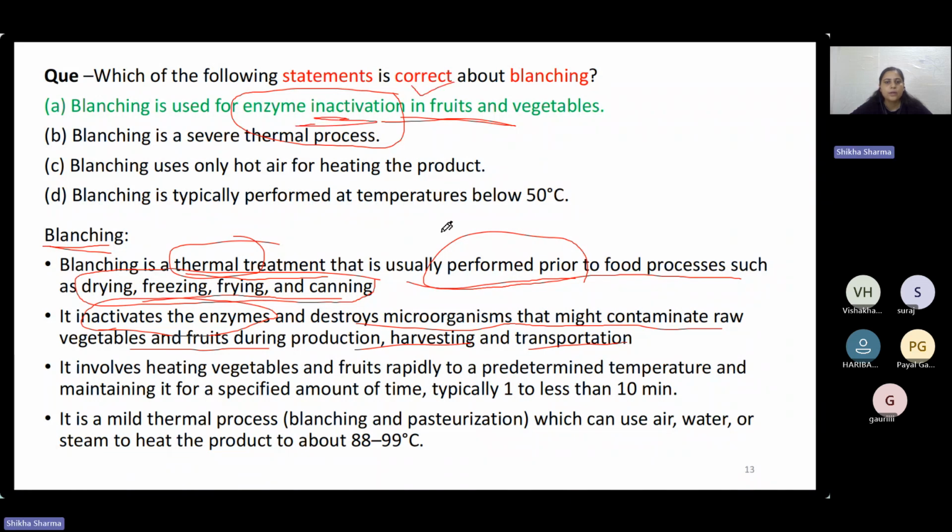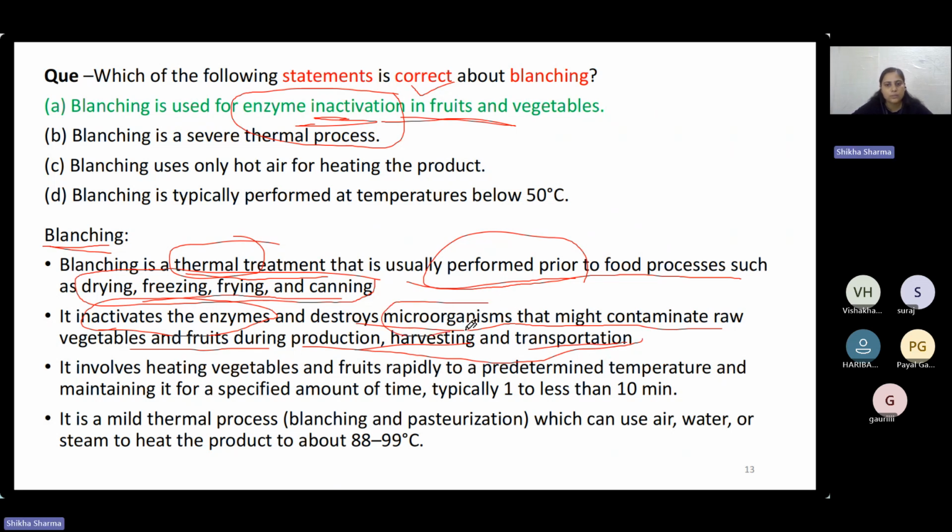Also, it destroys microorganisms at the production, harvesting, and transport step. Whatever microorganisms contaminate at that stage, when we do the primary processing in the industry, as the first step, we do this